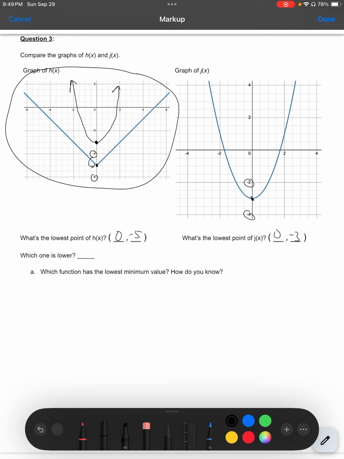Right? It goes down to -3, but we can see that h of x goes lower, it goes down to -5. So h of x goes lower. The way I would word that answer on the test is I would say something along the lines of h of x has the lowest minimum value